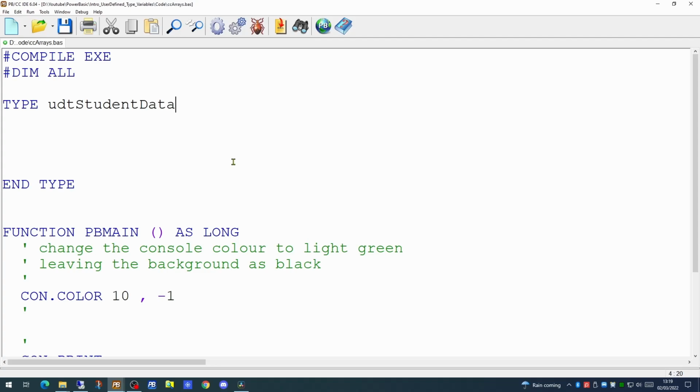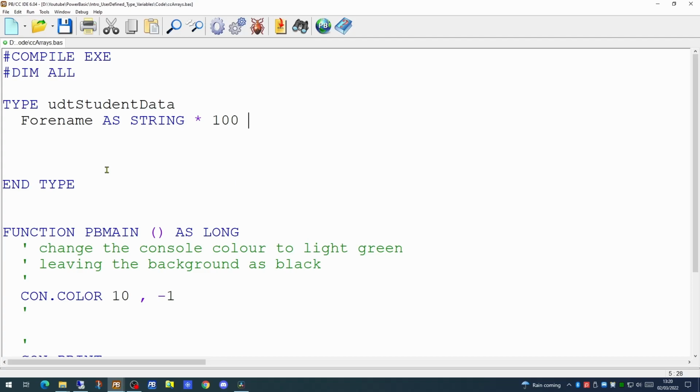Now we have to define the elements of our user-defined type. As we said earlier, we're going to keep track of the forename, the surname, the age, and a currency balance. So we'll need to create one line of code for each of these elements. I have named one of the elements forename and defined that as a string.